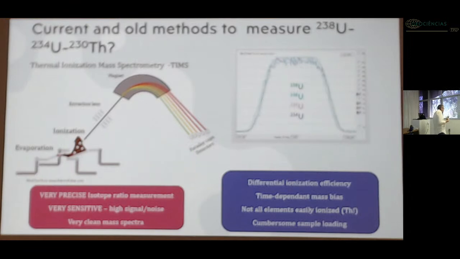The advantage of thermal ionization mass spectrometry is, first of all, it was the first method to actually count the isotopes based on their real abundance and not the radioactivity. It's very precise. The results are very precise. It's very sensitive. The signal to noise ratio is very large and it has a very clean mass spectrum. And this is very important